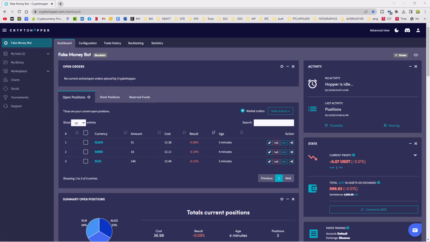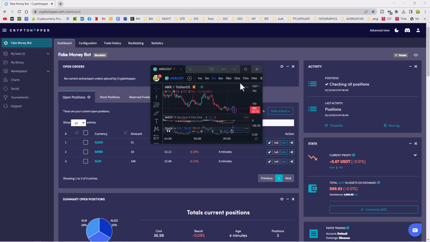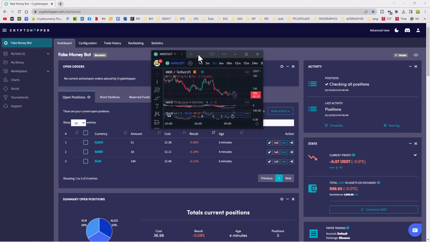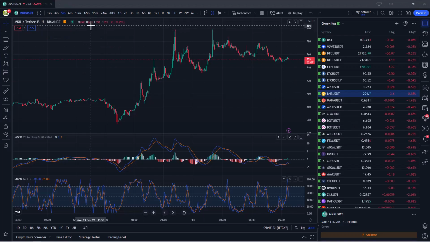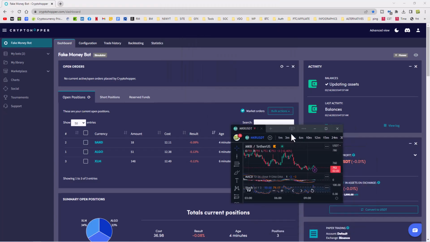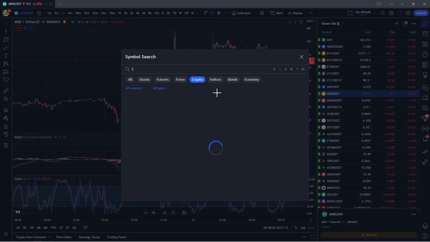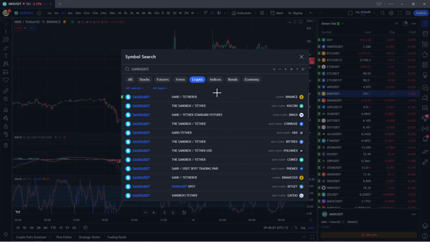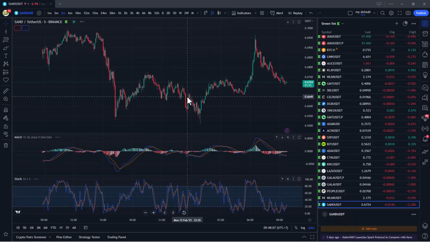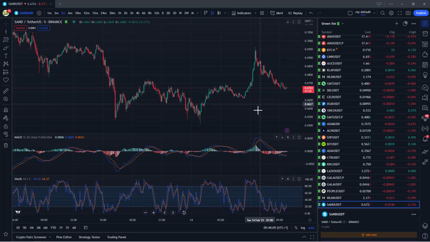Alright, so let's just have a look at our trading view and look at those 3 coins and see why it's bought them. So the oldest one is 6 minutes. Algo, was it first? No, it was Sand. Let's have a look at Sand on Binance. Let's find out why it's bought. Okay,